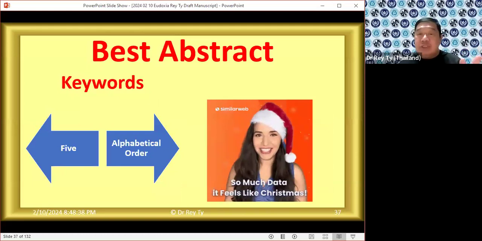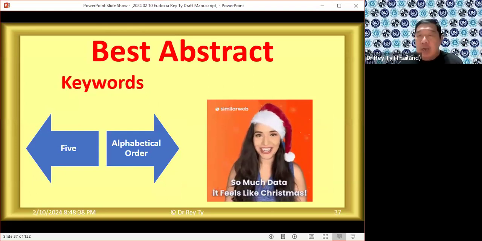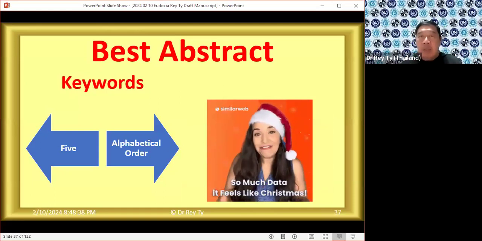And most journals would say give 5 keywords max. Sometimes I gave 3 and they say we need 5. So I realized they really mean 5. Okay. Keywords are not a joke because when people do research, when you use your keywords, people will most likely find your paper. So keywords mean a lot. It's not just putting them down for the sake of putting them down. So you will be known globally in the academic world, in the research world, by your title and your keywords. So choose cautiously